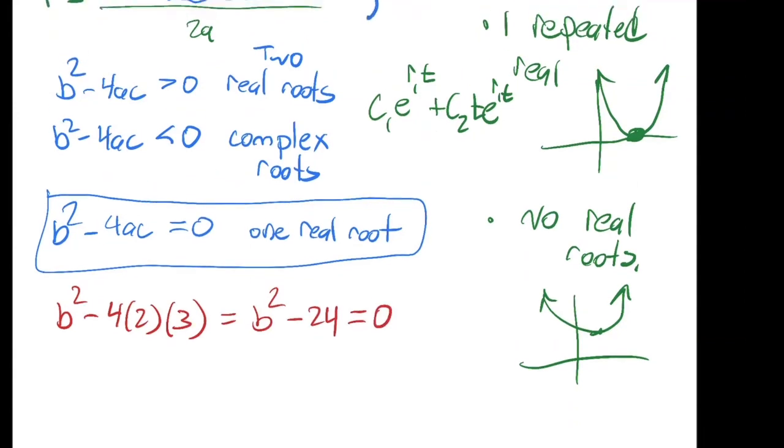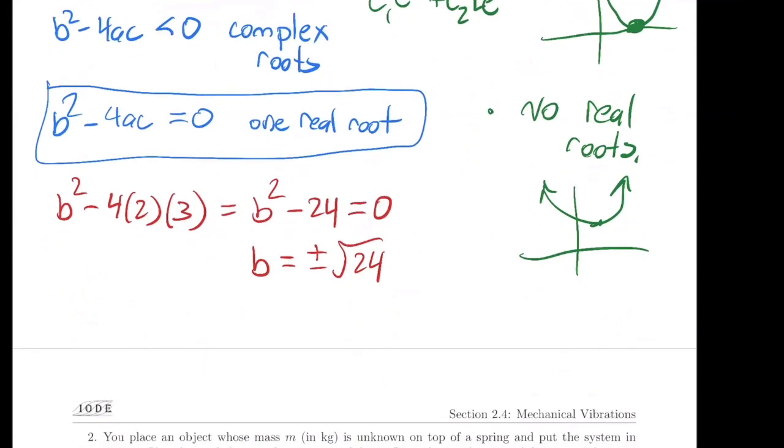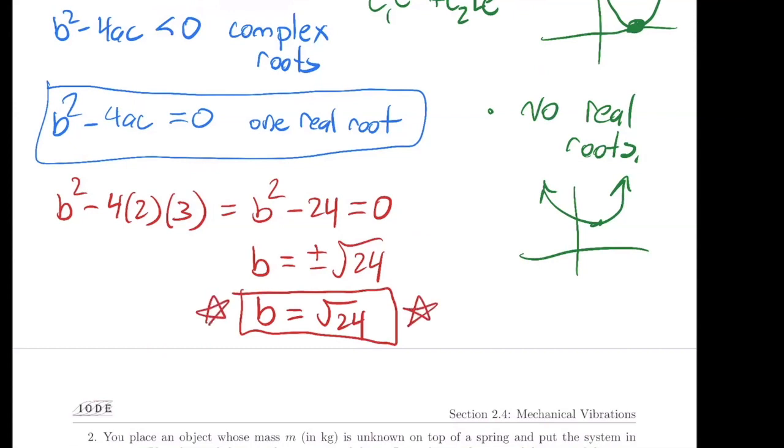So that tells me that this coefficient B should technically be plus or minus the square root of 24, but because these coefficients are always positive, if we have a damping coefficient that is equal to the square root of 24,